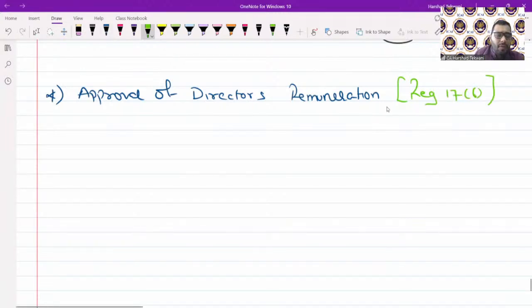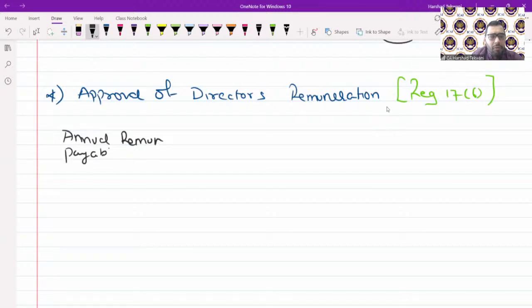A special resolution is required if the annual remuneration payable to a single non-executive director